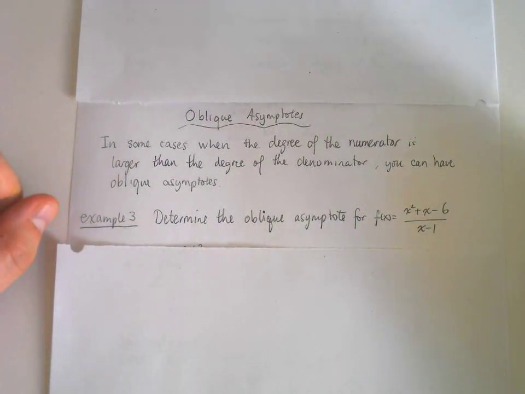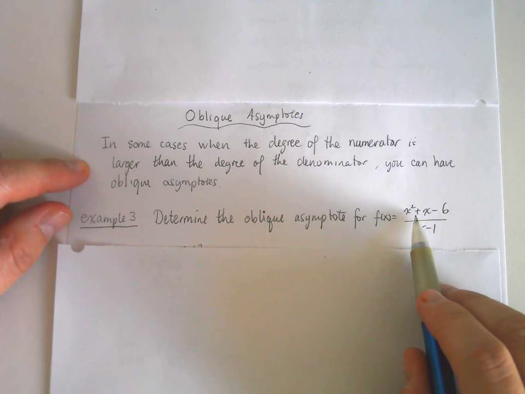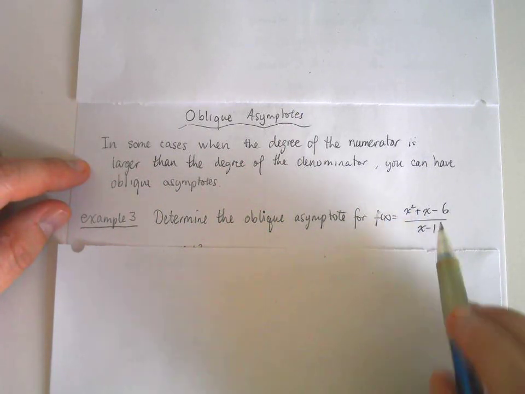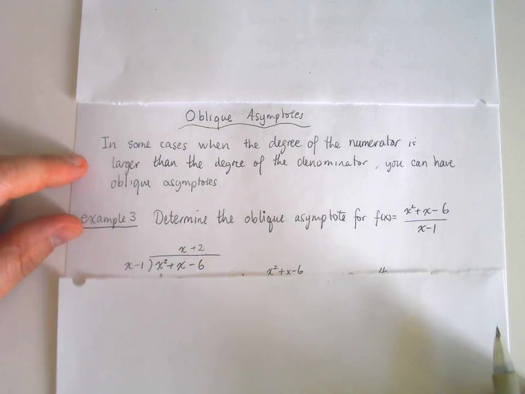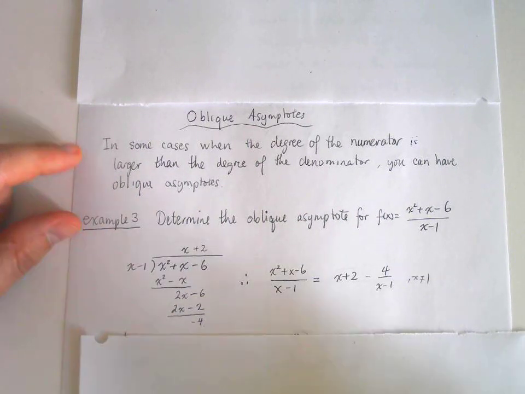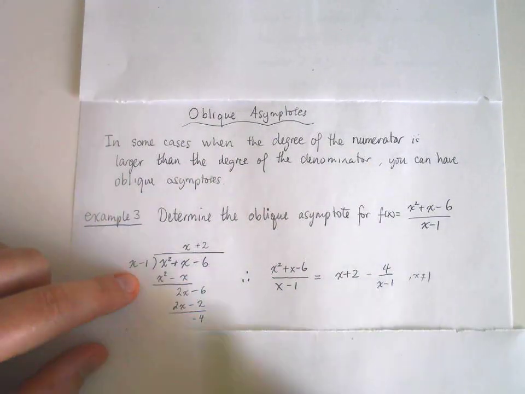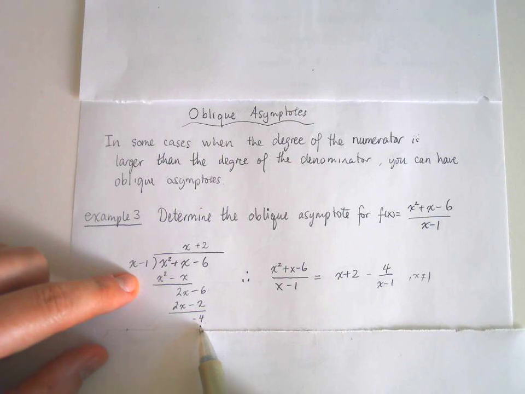Now the reason why it says you may have oblique asymptotes and not that you will have, because it's not a guarantee, is typically what we will do is we'll just try to reduce this. We'll factor to see if there's anything that could possibly cancel out. In this case, nothing's going to cancel out because if I do some long division, it's going to leave some remainder. So here, if I divide using my long division, I get a remainder of -4,